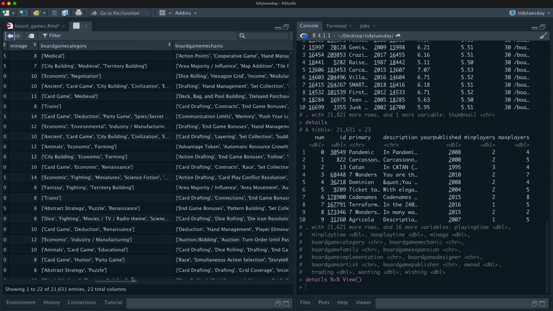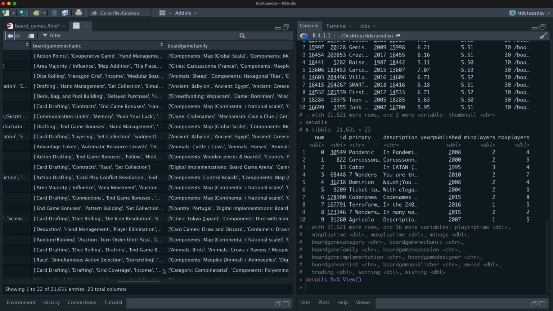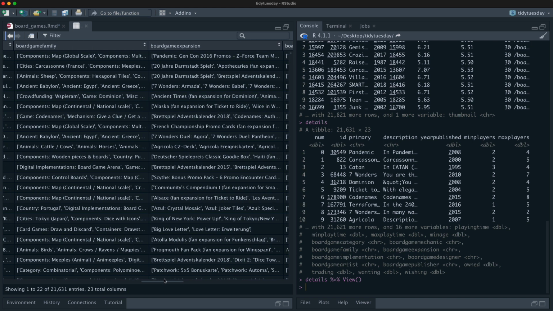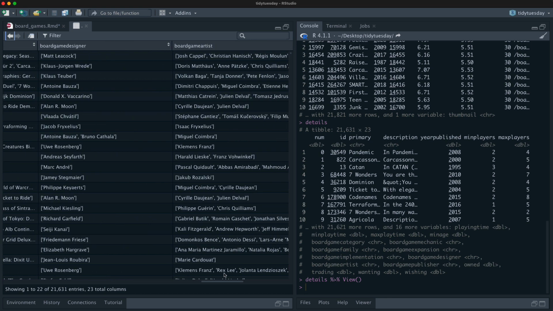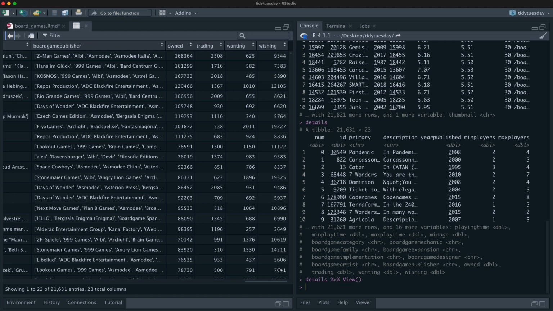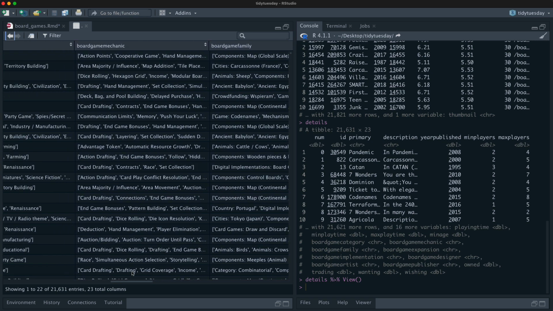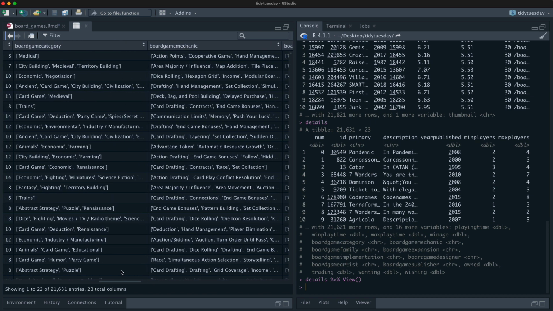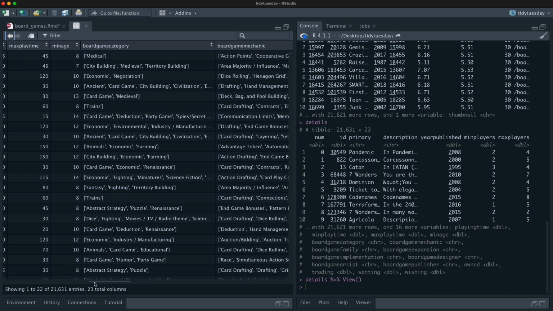The category, like is it a card game, an economic game, the mechanic, like is it a cooperative game, card drafting, board game family, expansion, et cetera, et cetera. So there's a lot of really interesting stuff here. I am going to focus on, should we do the category or the mechanic? Let's do the category. It's first. Let's do that one. So let's look at this board game category here, and that's what we're going to use